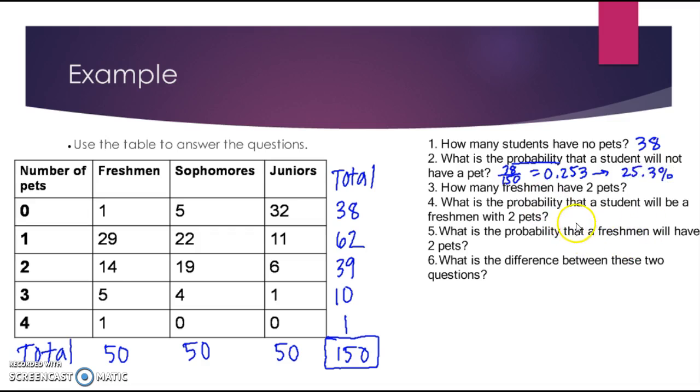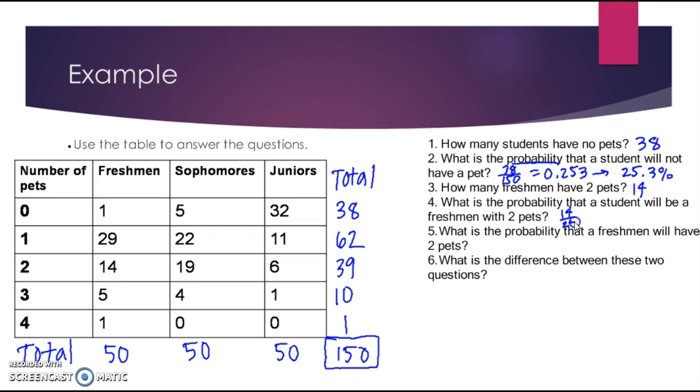For number 3, how many freshmen have 2 pets? So now I want 2 pets and freshmen. Here's 2 pets, here's my freshman, so that's going to be the 14. And I want the probability that a student will be a freshman with 2 pets. So freshman with 2 pets, that's going to be my 14